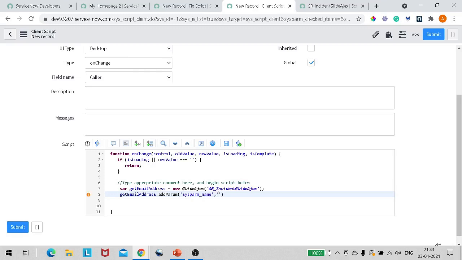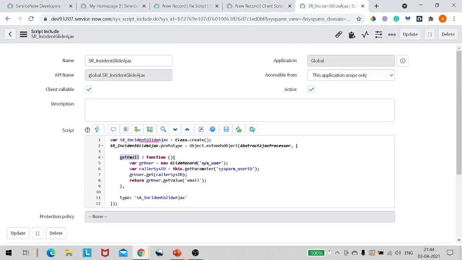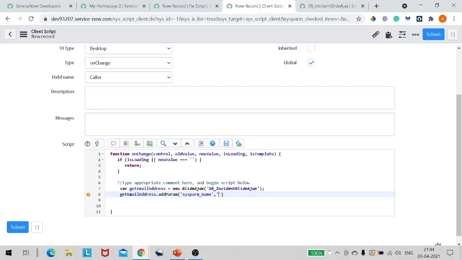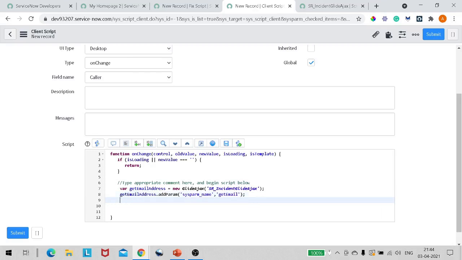Now here we have to pass the name of the function which we want to call. So for us the name of the function is getEmail. Now we will go here, I will give the name as getEmail. Boom, we have done with the second step. Now the third step is that we have to pass the attribute if some attributes are required. If not required, it's optional, you can simply skip it. But for our example we need the attribute, and that is caller ID, right?